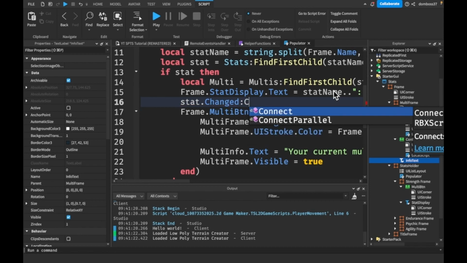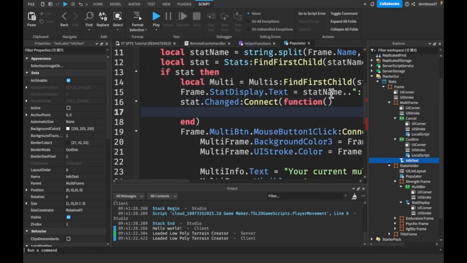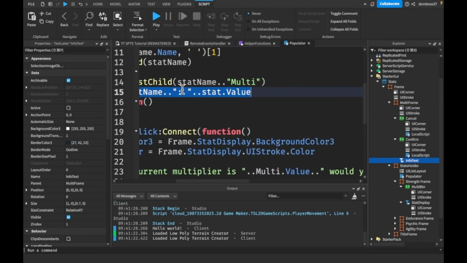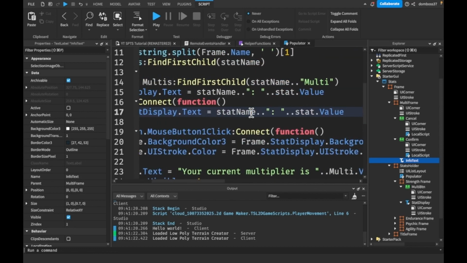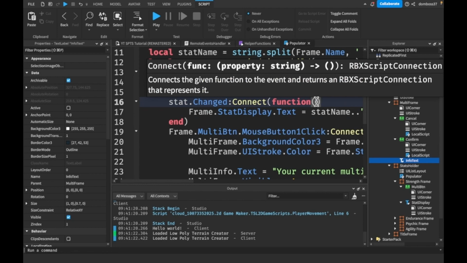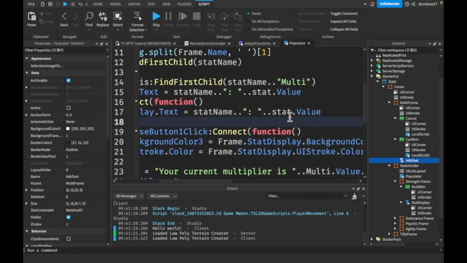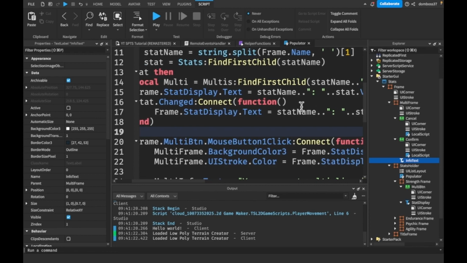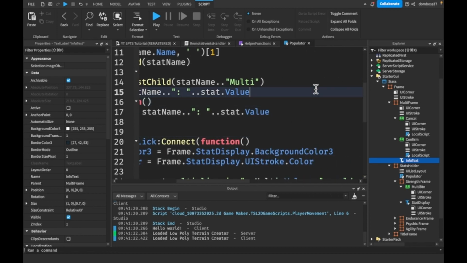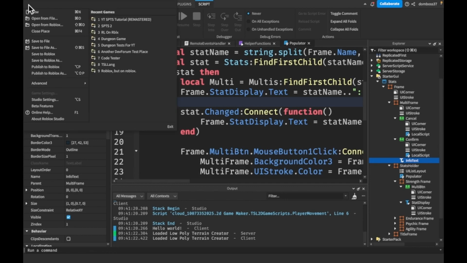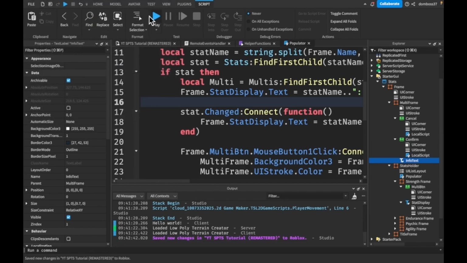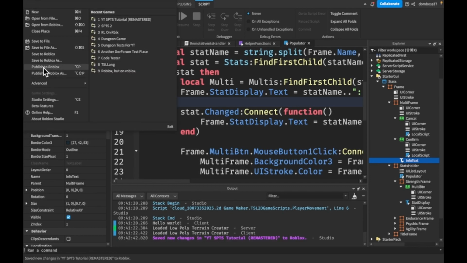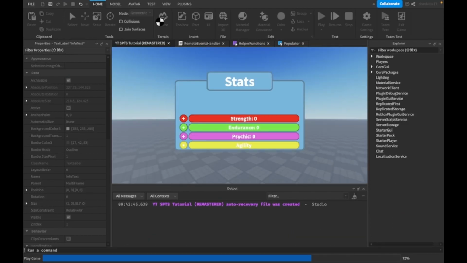So Changed:Connect function, and we're going to just do this. Copy this and paste this in here. And yeah, this should be fine now. We could just space this out a little like this. Alright, so now if we go ahead and save this, publish our changes,